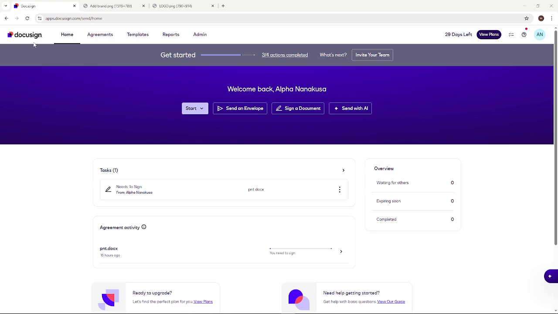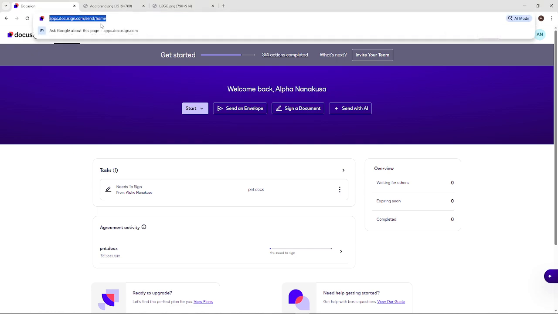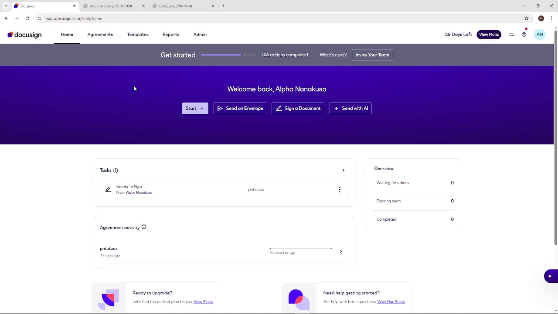Start by opening your web browser and heading to the official DocuSign website. Sign in with your account credentials just like you normally do. To make these changes, you'll need access to account level settings. So if you don't see the admin options I'm about to show, check that you have the right permissions in